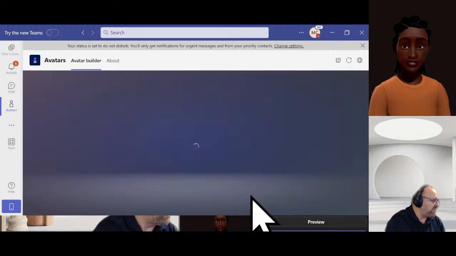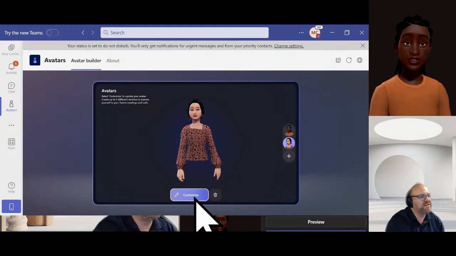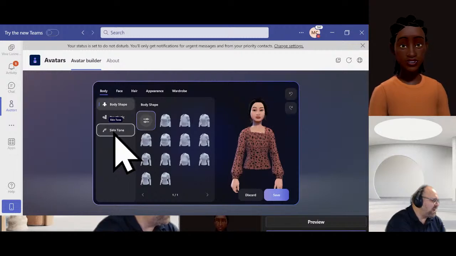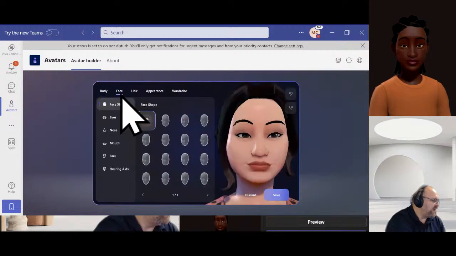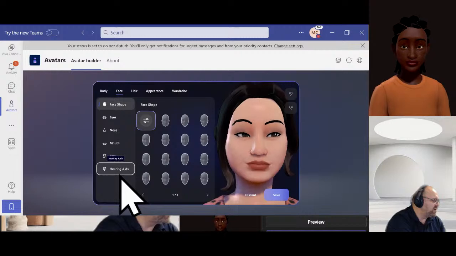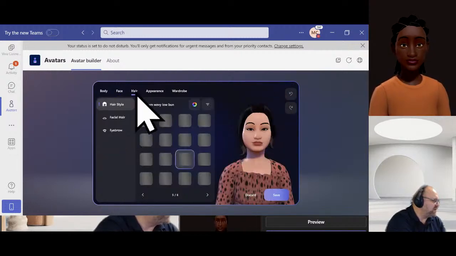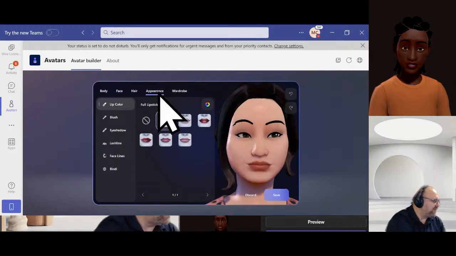So I can go with this avatar as a starting point, and then I can go in to customize the body shape, clothing, skin tone of my avatar, the face, including the eyes, nose, mouth, ears, add hearing aids, add face shape changes, the hairstyle of my avatar, and then the appearance.